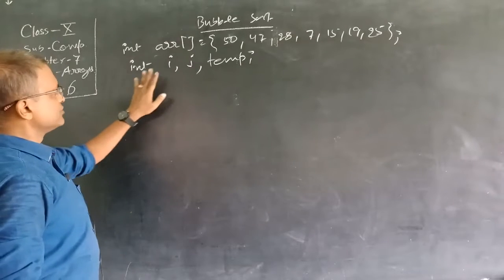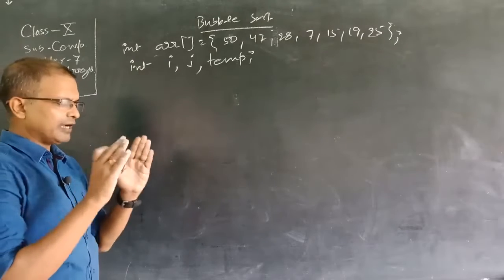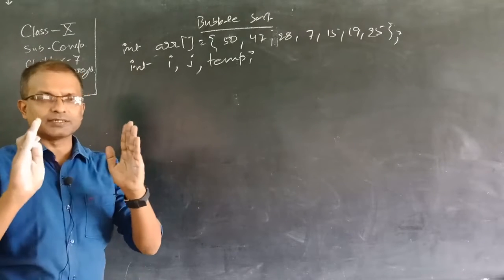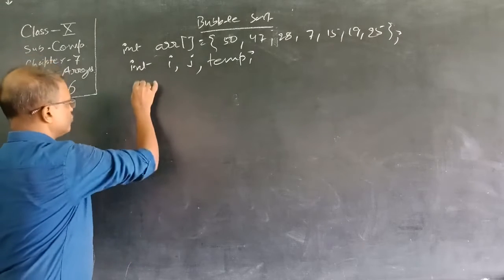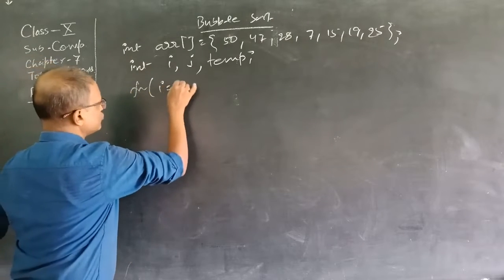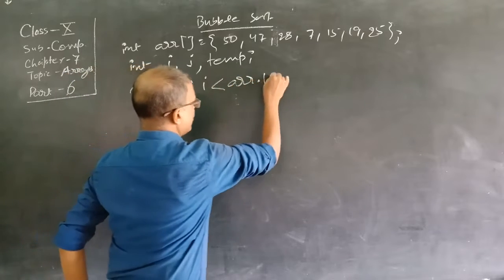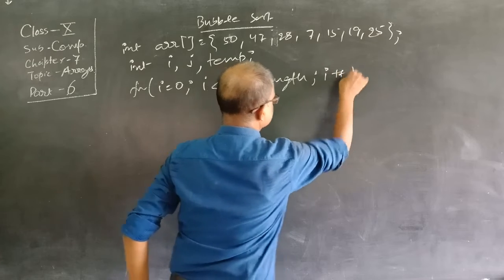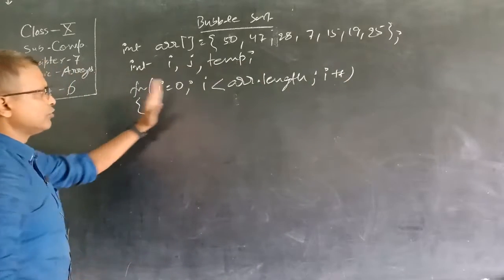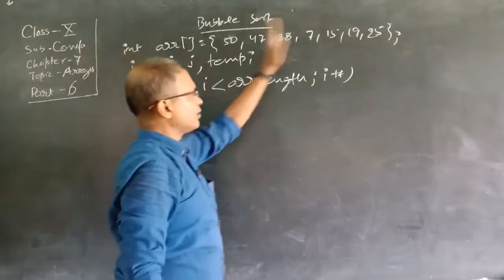So now we have declared the three variables i, j and k. Just keep in mind the looping concept of bubble sort. The looping concept of bubble sort starts with the first loop: for i equal to 0, i less than arr.length, i++. This is the outer loop for bubble sort, because arrays always start with 0 and we have to compare till